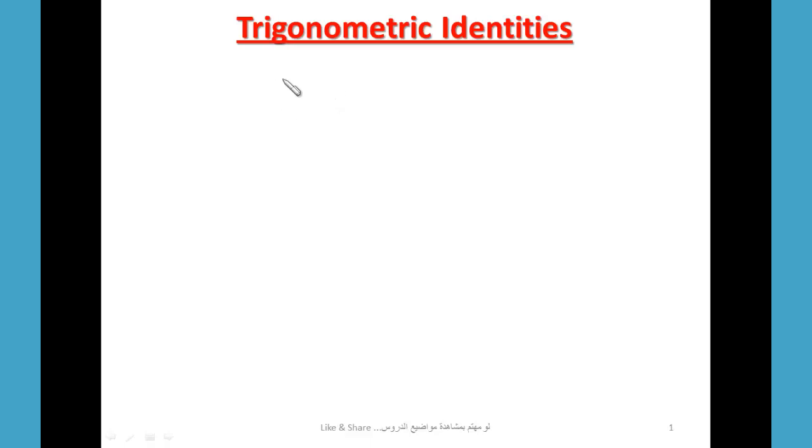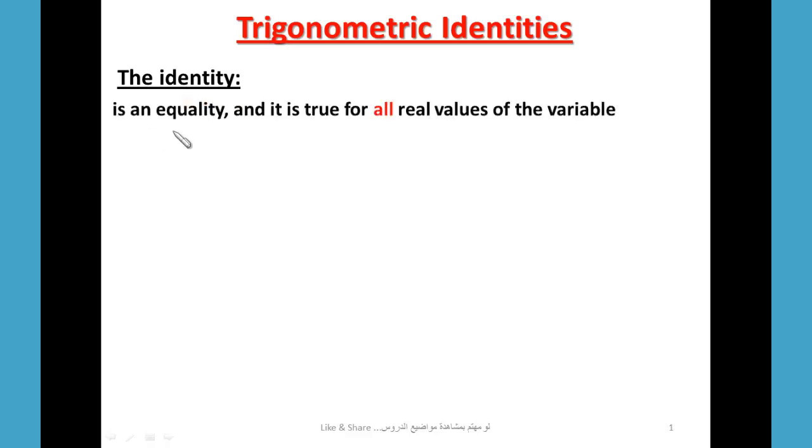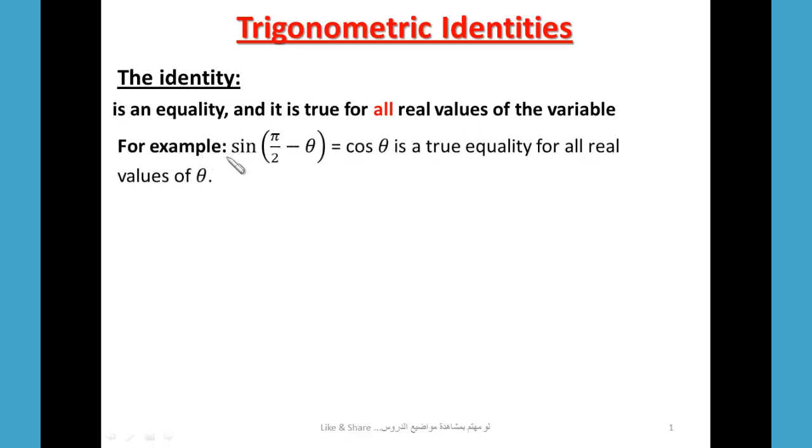Our lesson today is Trigonometric Identities. First definition: the identity is an equality and it's true for all real values of the variable. For example, sine of pi over 2 minus theta equals cosine theta. It is a true equality for all real values of theta,